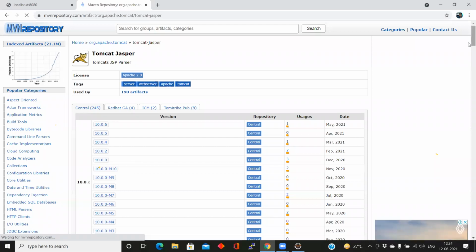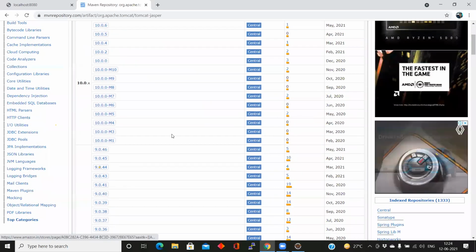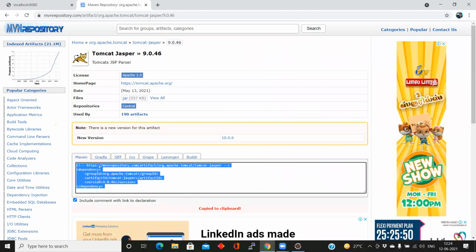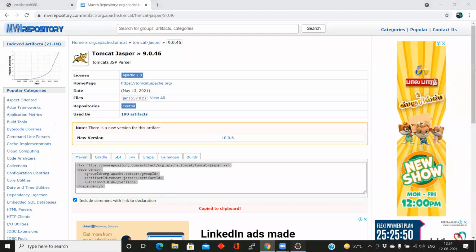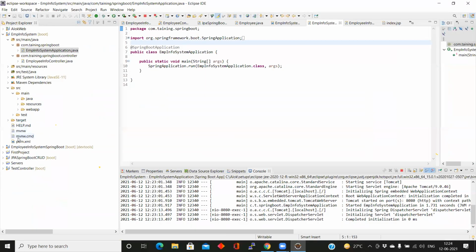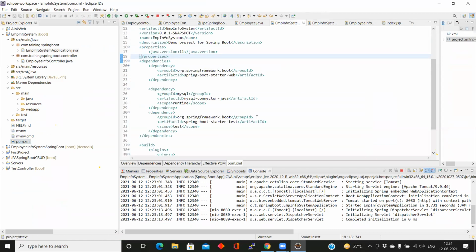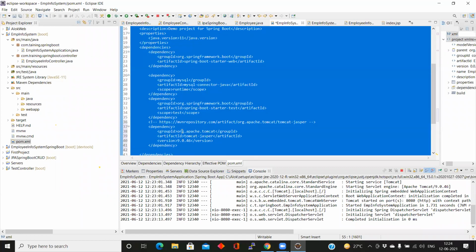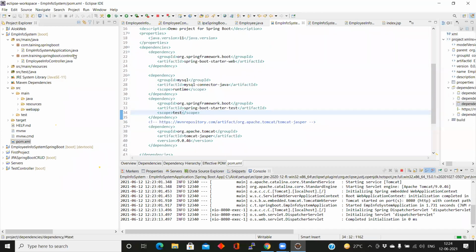Our version is 9.0.46, but sometimes it creates a problem, I have seen yesterday. But okay, I already have another application ready, I'll work on it. Just for the steps, repeat: you need to add it in pom.xml.